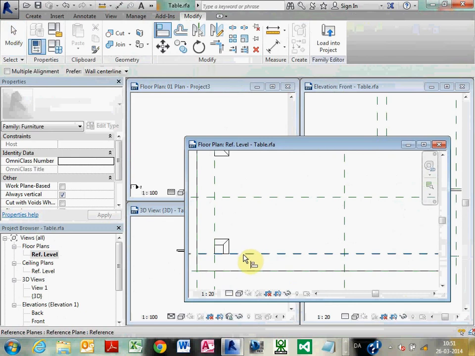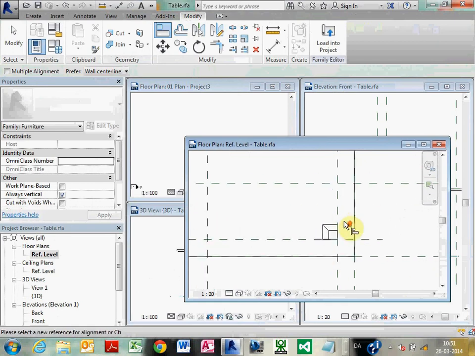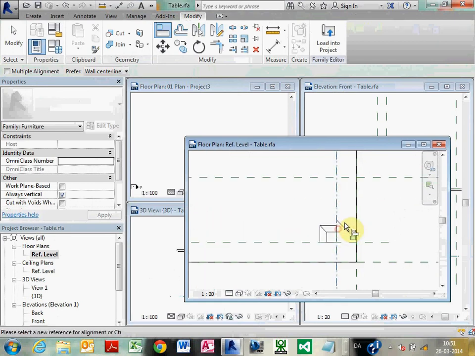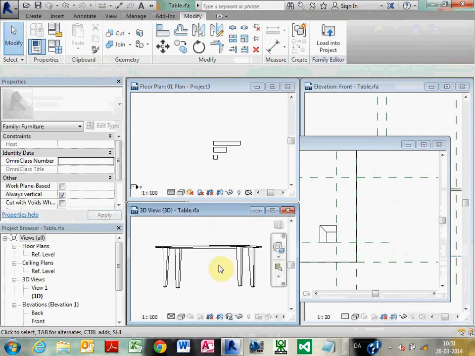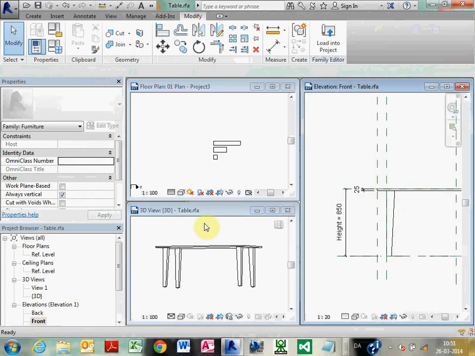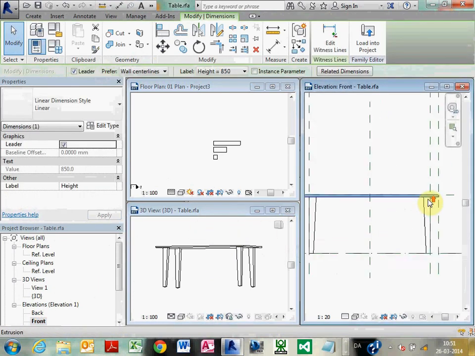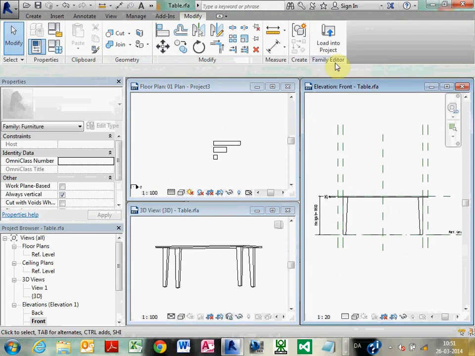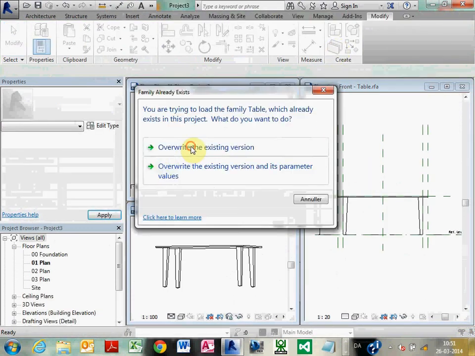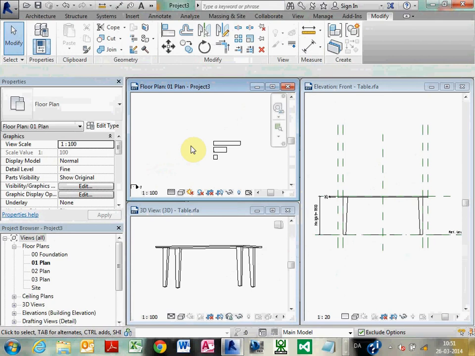Maybe I can just align the whole component. I don't know if it's enough. If it's enough, we have to see. Like this. In front view, you see it seems okay. We'll load into project again. I always make a